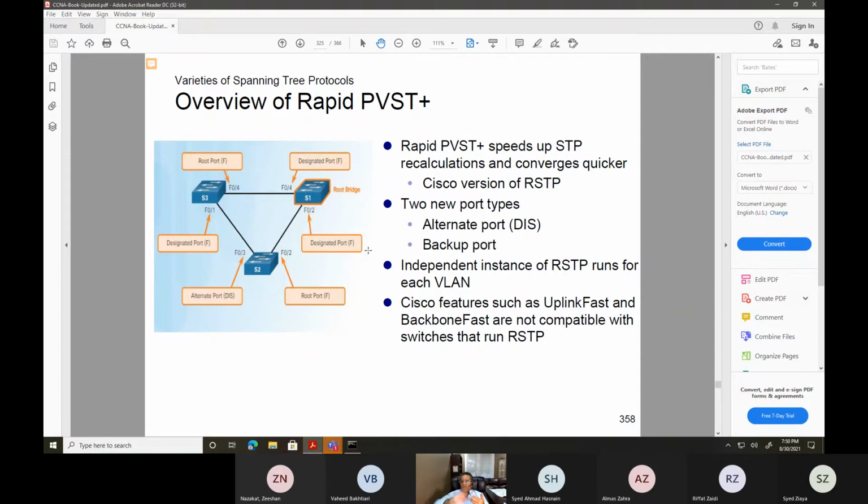That's why it's called rapid, that you're jumping from blocking to forwarding all of a sudden. And there is a configuration you configure on the interface itself to make sure that it bypasses those two. Any time you have a voice connection on the switches, we make sure that it goes directly from blocking to forwarding.